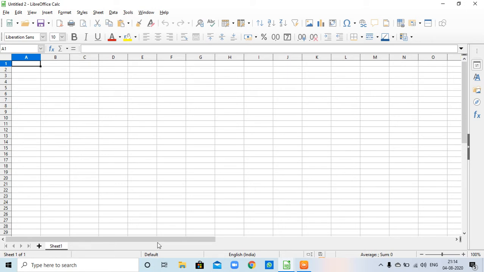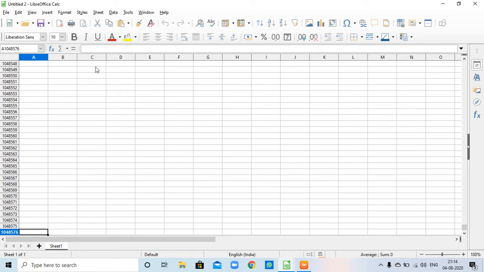Now in LibreOffice Calc, in total there are 1048576 rows. Now Control plus downward arrow key. The last row is 1048576.